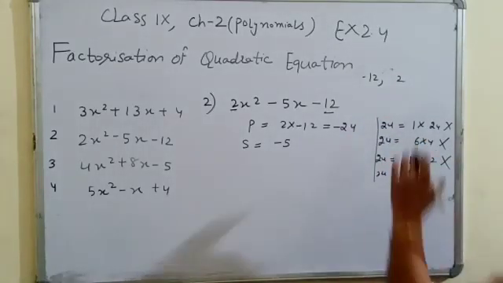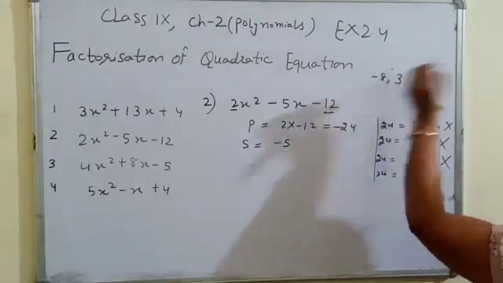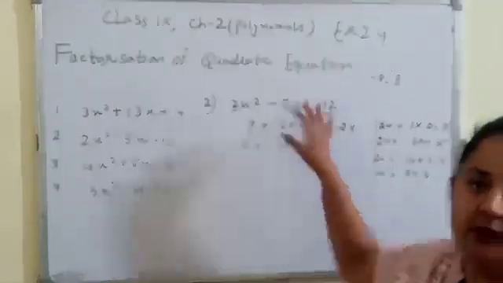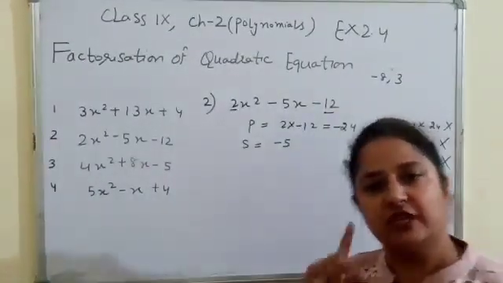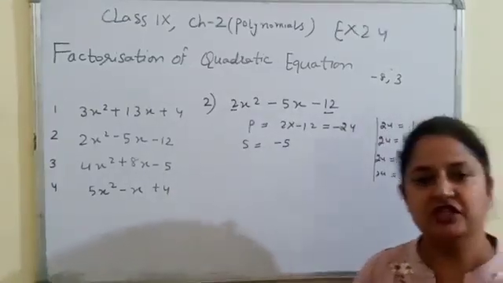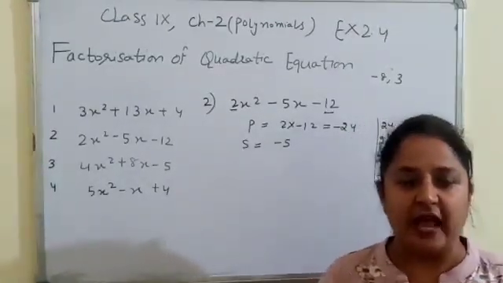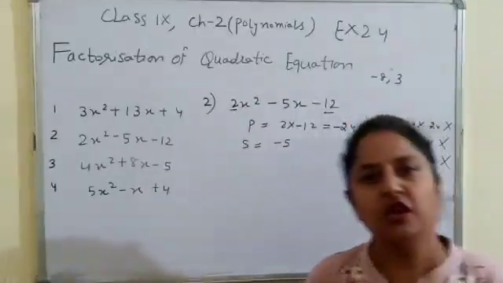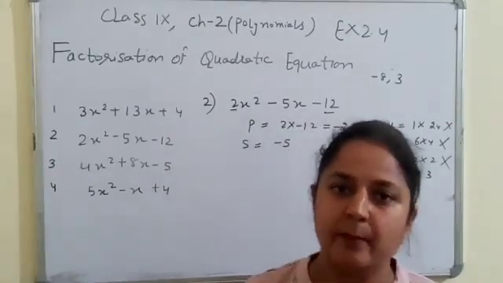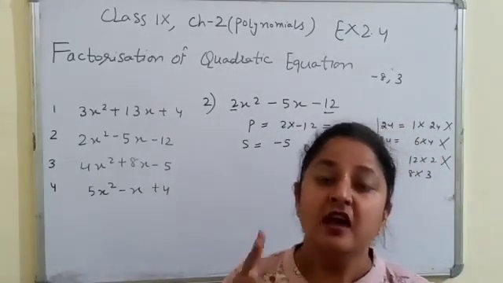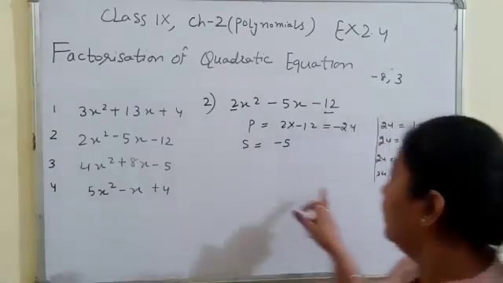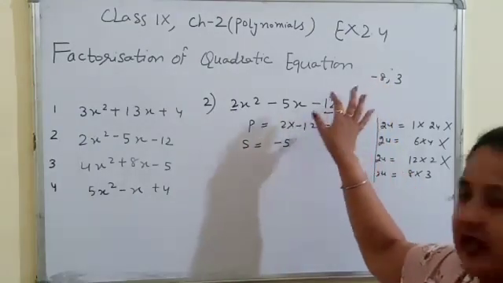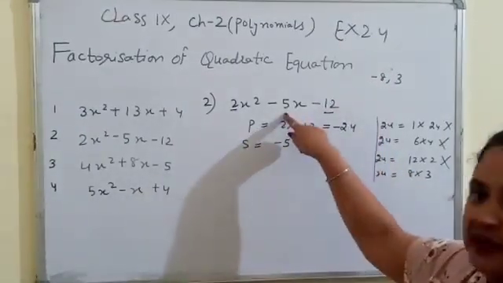Last one is 8 and 3. Let's take -8 and 3. You have to remember this thing. If the middle term is minus, again I am repeating, you have to check it, students. If in a quadratic equation the middle term has the negative sign, while you are making the factors of the first and the last number, you have to take care of one thing. When you are splitting that number into two integers, you have to take the greater number with the negative sign, so that the sign should be negative.